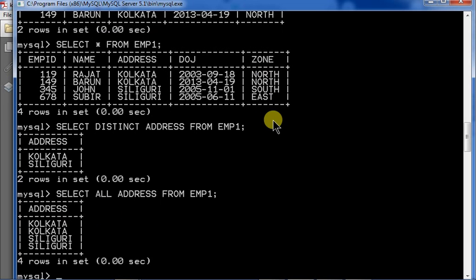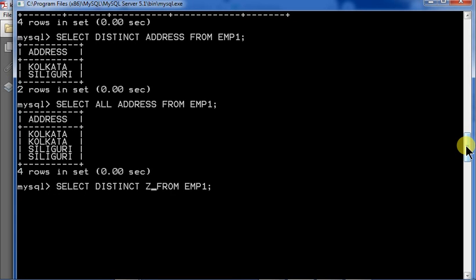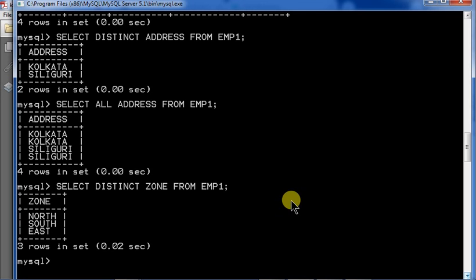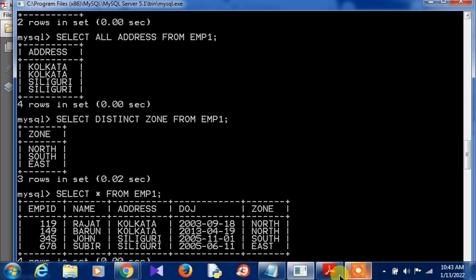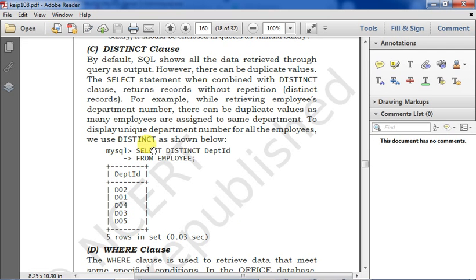Similarly, if we want to print the zones, select distinct zone. Just a minute, I am scrolling it a little up. Suppose you are doing zone out here, then you see how the things will come. There are only 3 zones, yes or no? North, south and east. But north has been repeated, so the repeated data will not be displayed. It will only display the unique values. Fine, that is the thing. So now you see out here, what does it say?